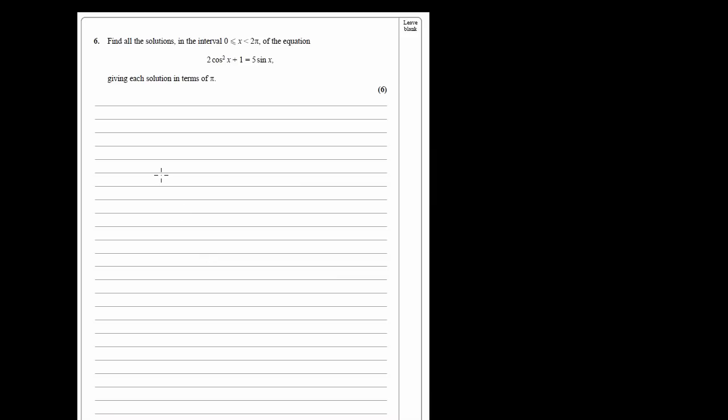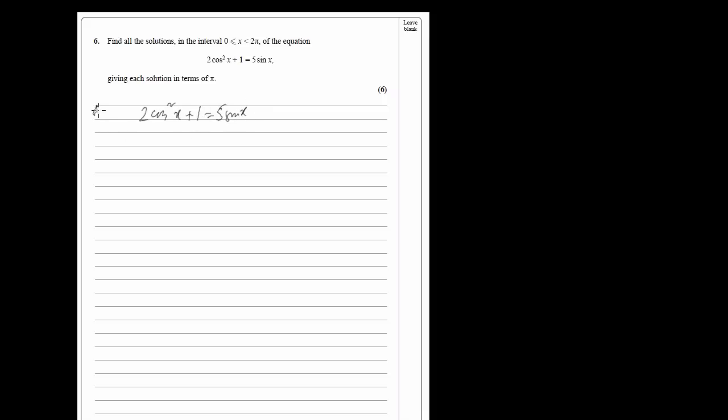This is an actual C2 question where we have this trigonometric equation in the quadratic form, and it's 6 marks. The difference is that instead of 0 to 360 degrees, we have 0 to 2 pi radians. If you remember the common angles in radians, 360 degrees means 2 pi. Let's begin. 2 cos squared x plus 1 equals 5